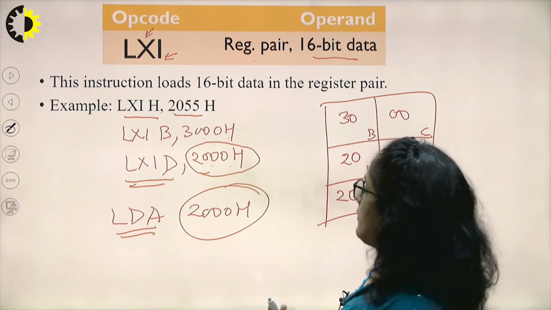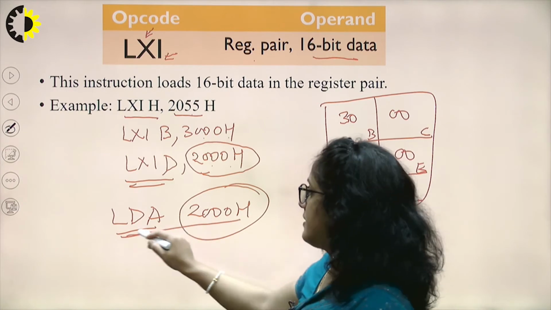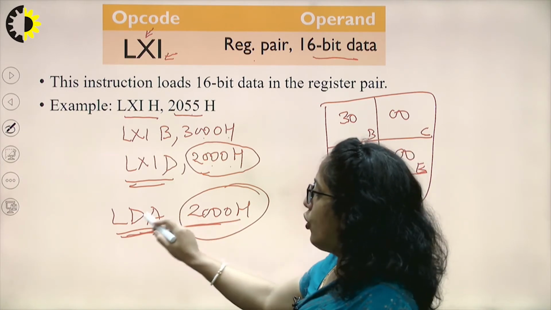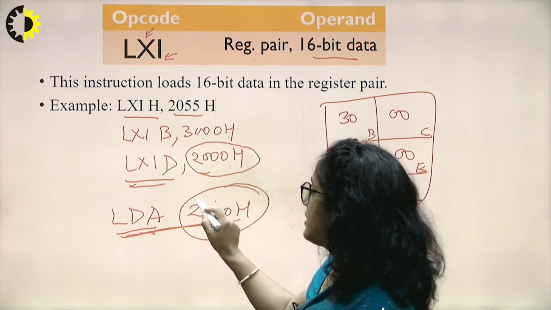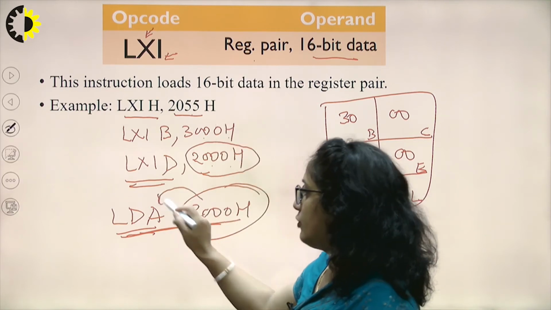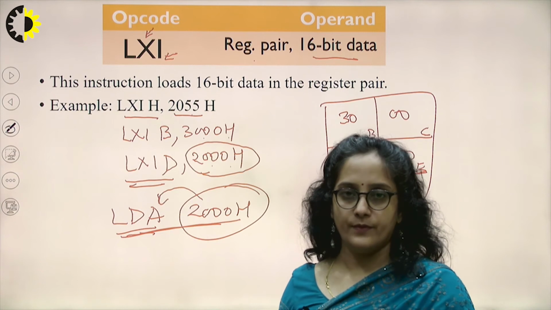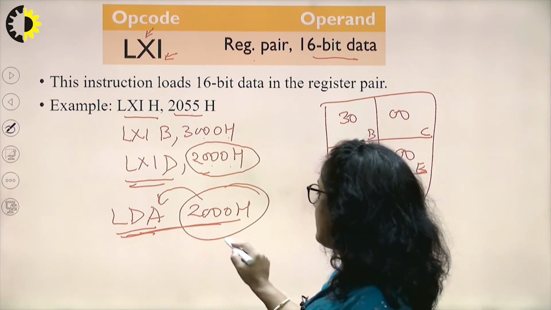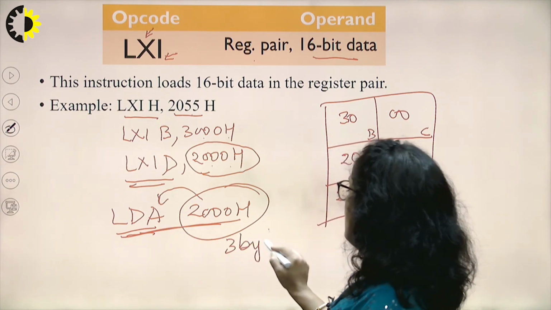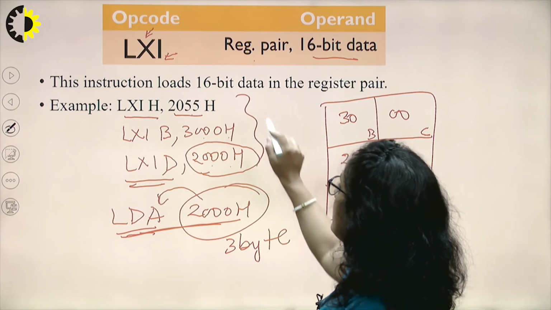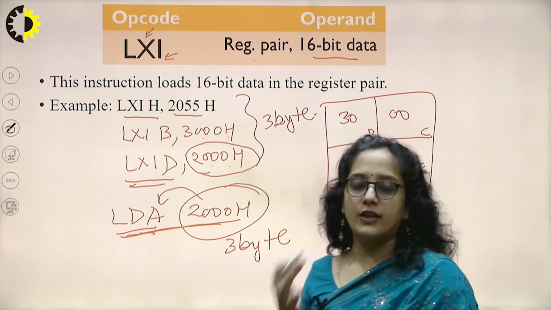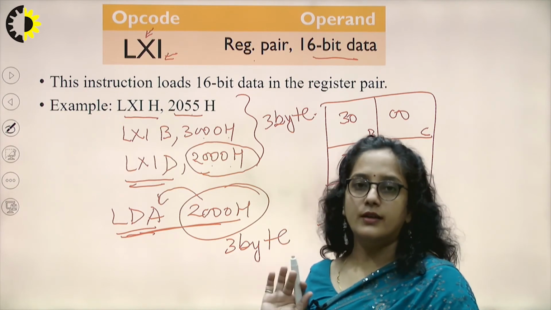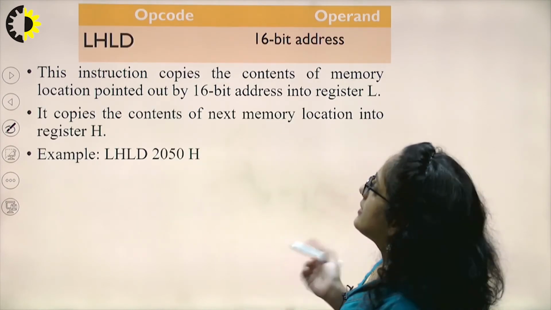Okay. In this case it is load the content of memory location 2000, that is the data from this location, to the accumulator. This is the difference. Okay, this is also a 3-byte instruction, and these are all also 3-byte instructions, but the opcode can differentiate whether to consider it as an address or data. Now the next instruction is